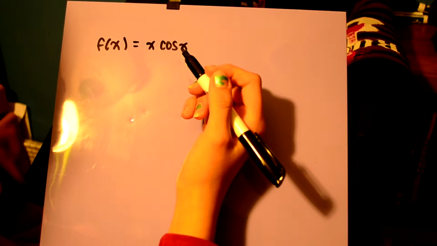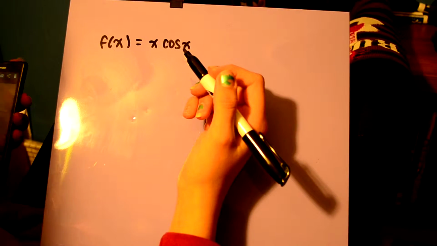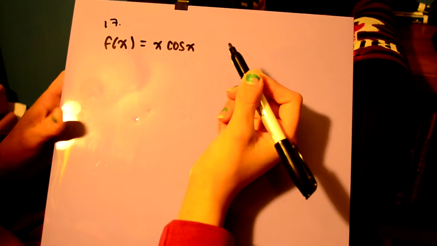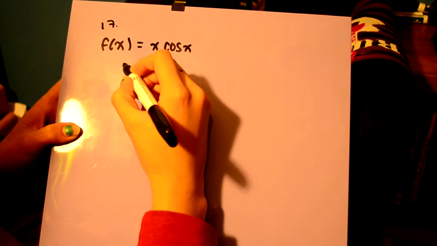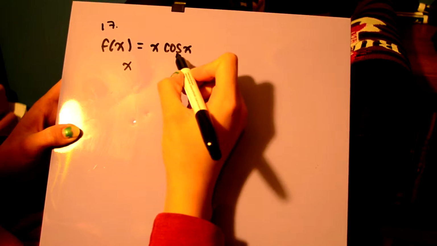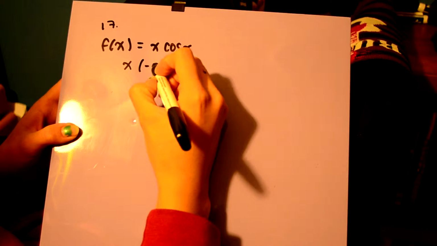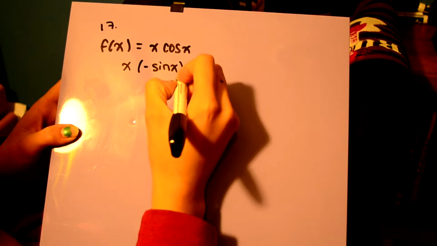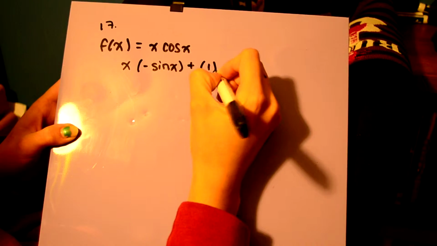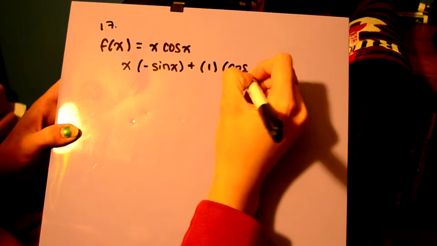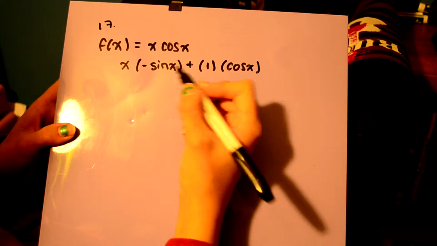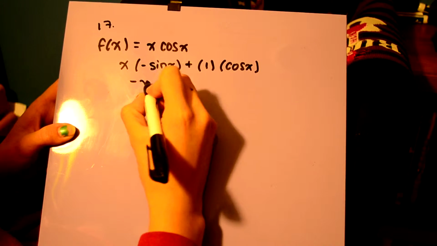Okay, so I believe this is number 17 in your homework. So to take the derivative of this, you have to take your first term and multiply it by the derivative of your second term. The derivative of cosine is negative sine, so you have negative sine x. And then you're going to add the derivative of the first term, which is 1, times the second term, which is cosine x. And so to combine these, all you can really do is just put the negative out front,